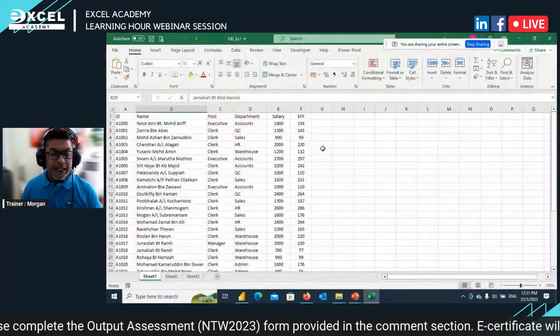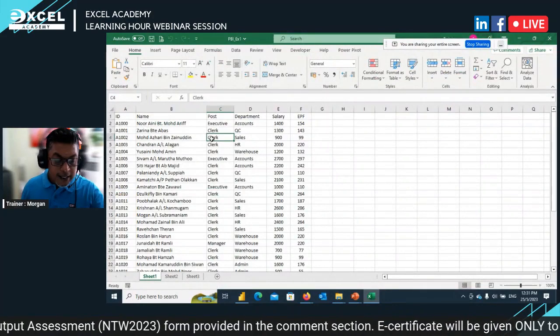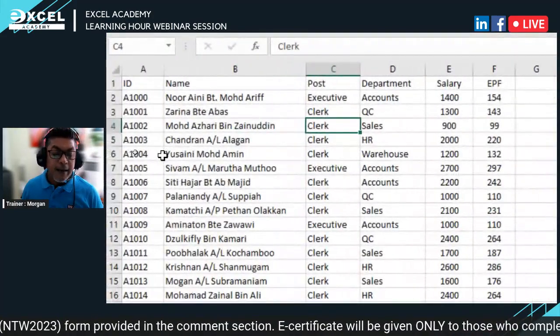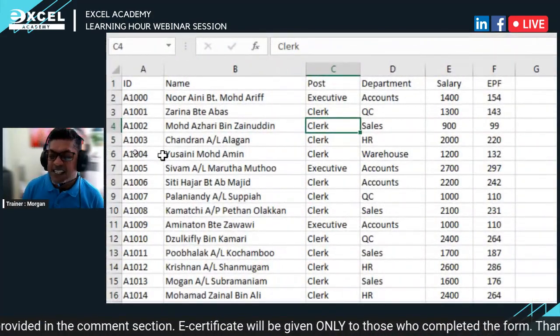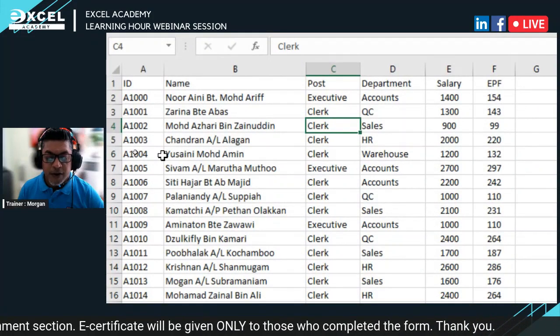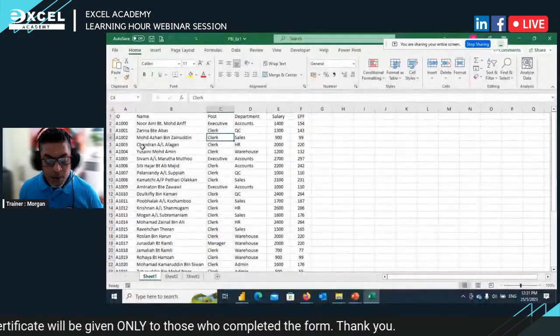Now, I have a data here. Ini yang data yang saya tunjukkan tadi. Okay, so the name, the position, department, salary, and the EPF. Okay, a simple data for now. What I did is,